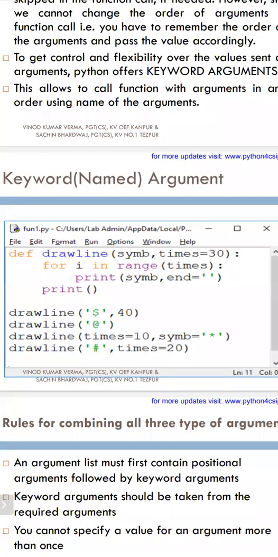In the call statement we are passing the named arguments. In the parameters, there is no necessity to keep the position. Suppose in the call statement we pass p equal to 10,000, n equal to 5, and r equal to 4. But in the function header I define, for example, def si of n comma r comma p, in whatever order I can change it. How will the value be passed? Name to name. Can you understand? Could you all understand?